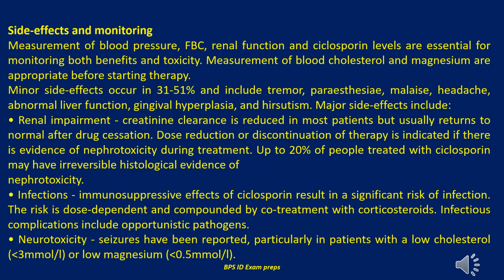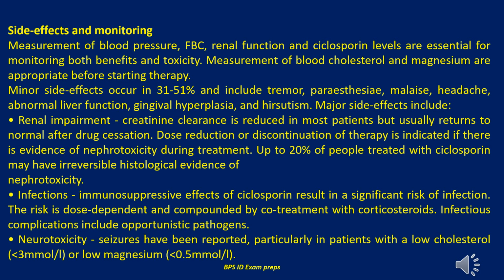We will now discuss the side effects and monitoring. Measurement of blood pressure, FBC, renal function and cyclosporin levels are essential for monitoring both benefits and toxicity. Measurement of blood cholesterol and magnesium are appropriate before starting therapy. Minor side effects occur in 31 to 51% and include tremor, paresthesia, malaise, headache, abnormal liver function, gingival hyperplasia, and hirsutism. Major side effects include: